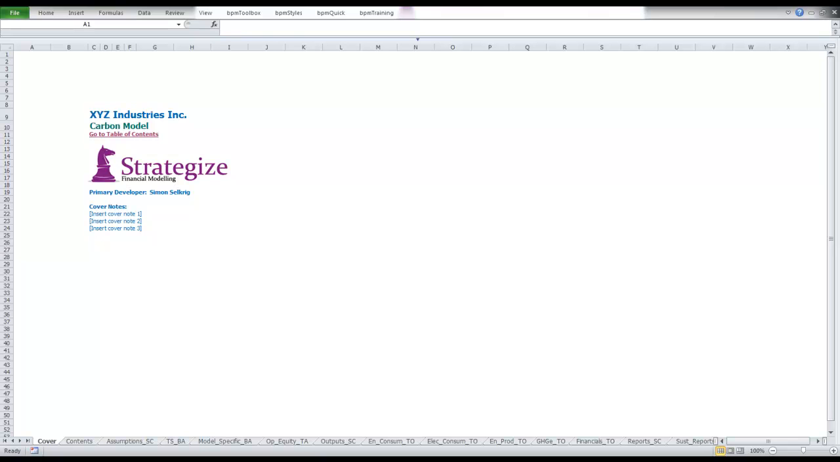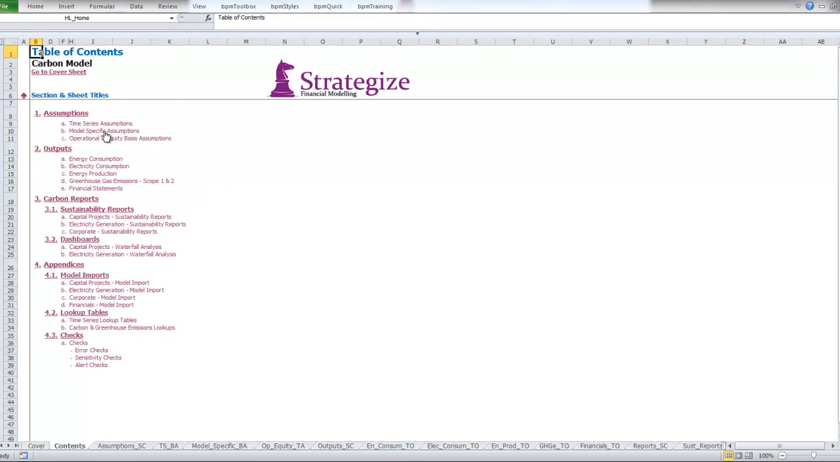Today I'm going to present you with a base carbon reporting model as discussed in my article Carbon Modelling and Analysis on the strategizefm.com website. I'm going to show you firstly the table of contents to give you an overall idea as to how this model